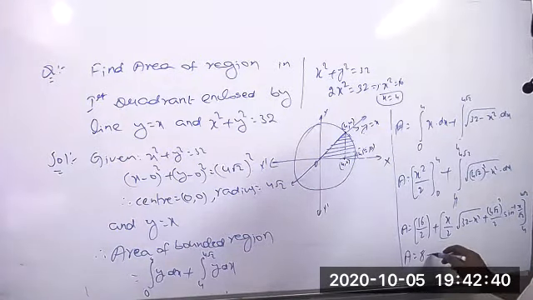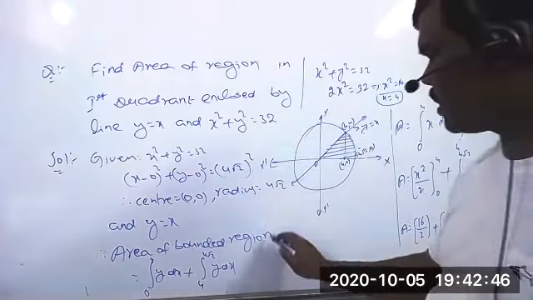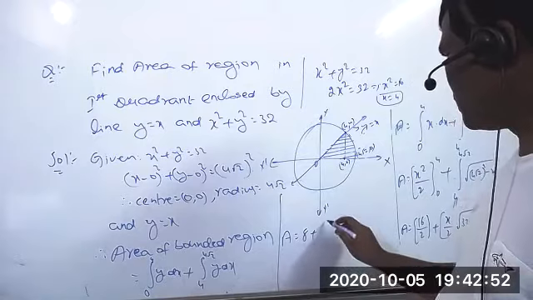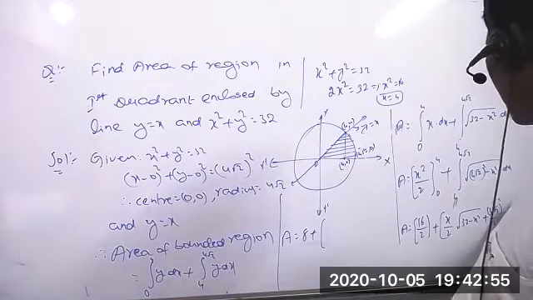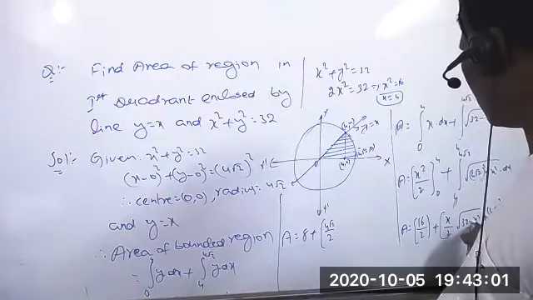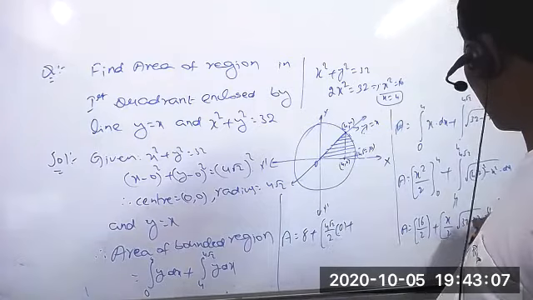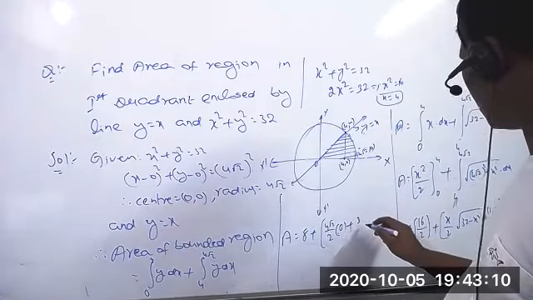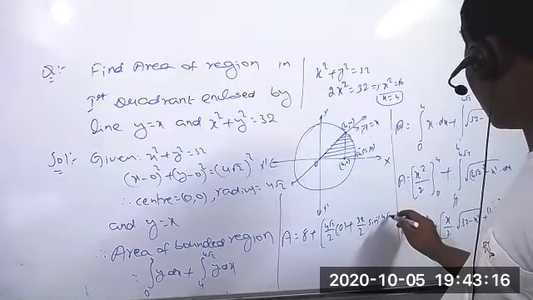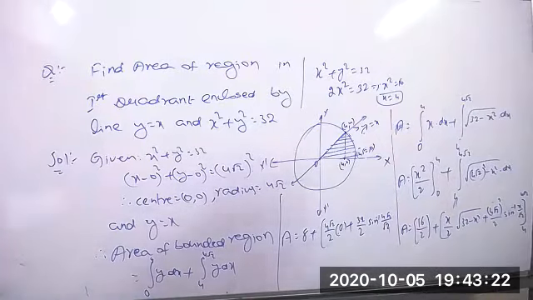Area is equal to 8 plus upper limit minus lower limit. I will do one thing, I will write here now, continuation. So area is equal to 8 plus upper limit minus lower limit. If you take 4 root 2, clearly this is 4 root 2 by 2 into 4 root 2 whole square equal to 16. So clearly it becomes 0 plus, and 4 root 2 whole square equal to 32 by 2 into sine inverse of 4 root 2 by root 2.